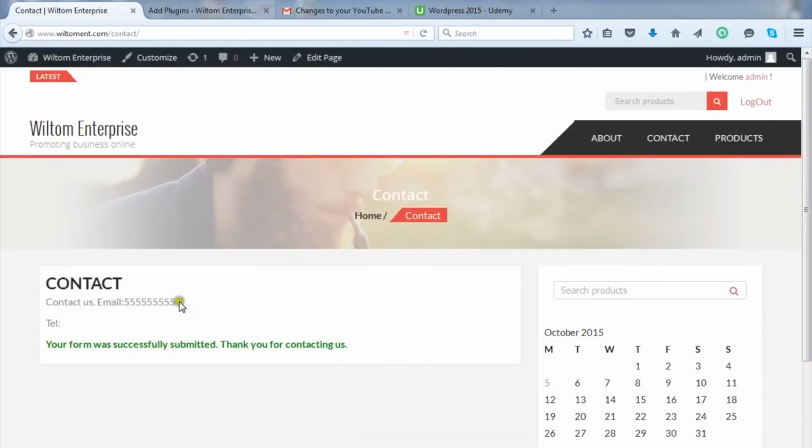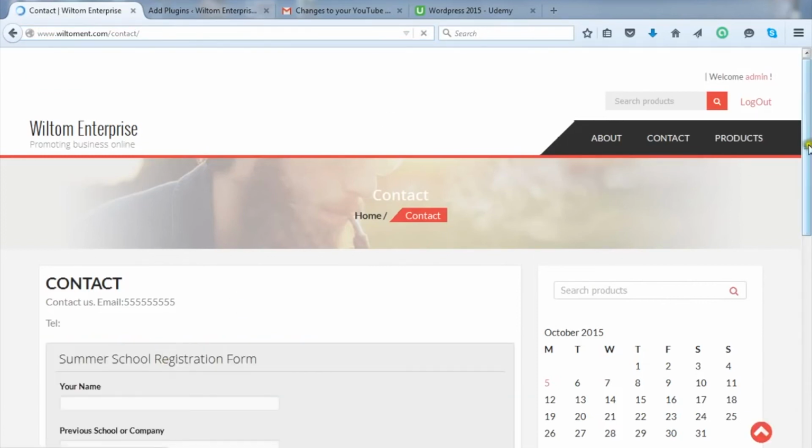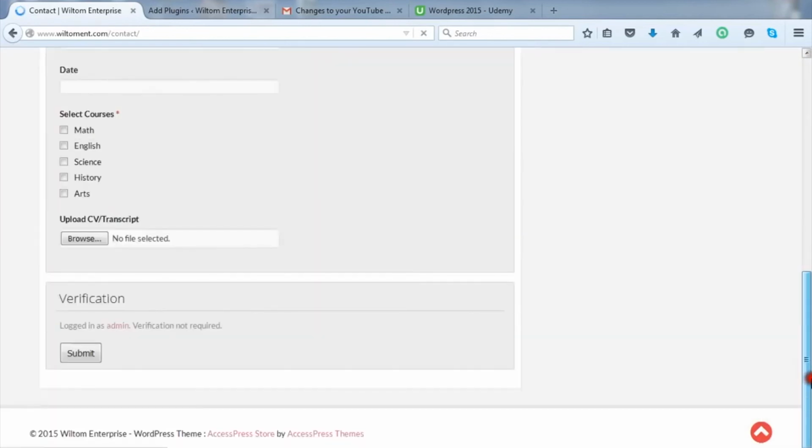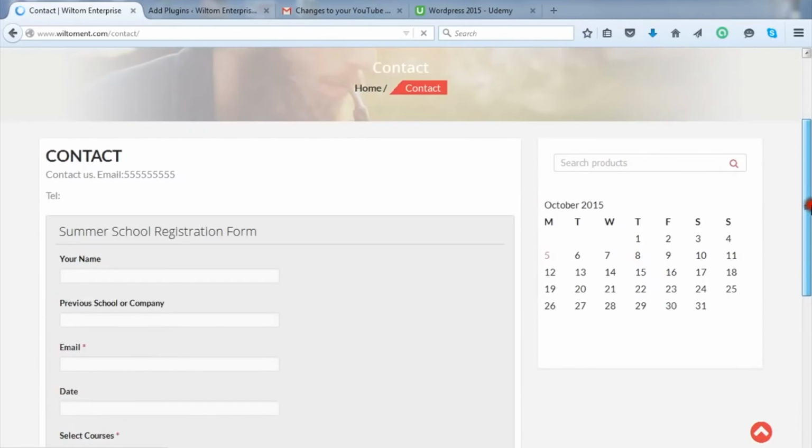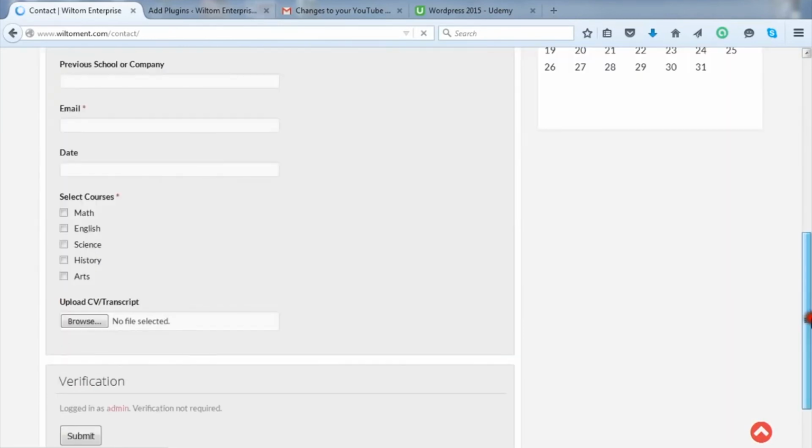It's a WordPress plugin that can help you to create various forms. We can refresh our page to return back to our form application section. So this is your form that you've created. You can create very nice design forms using the visual form